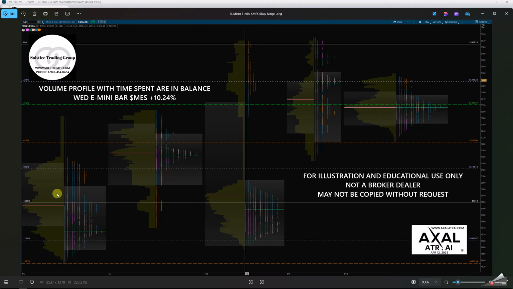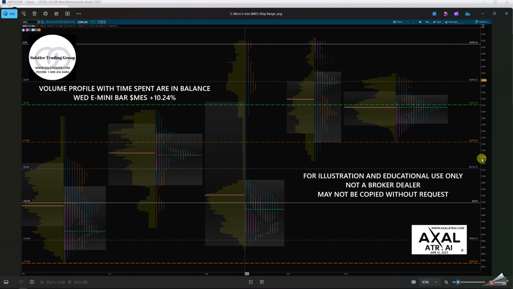If you look at this, this is the Monday bar, value high, value low, point of control, time spent. Then we had balance in here on Tuesday. Wednesday, we reversed, we cleared the 2 days high. We closed up here. Thursday was an inside day. If you take the high and low and you measure that, that was 50% retracement, bounced back up. And on Friday, we were inside down day, then we rallied back up. Until we cleared this area, we are in balance on the profile.